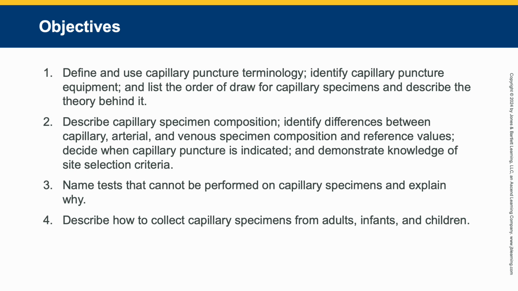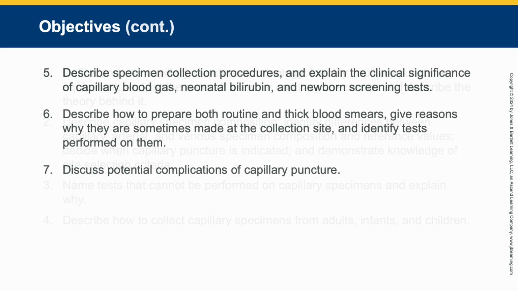We will name the tests that cannot be done on capillary specimens and why those cannot be done. We will describe how to collect these specimens from infants, adults, and children. We will also describe specimen collection procedures and explain the significance of capillary blood gas, neonatal bilirubin, and newborn screening